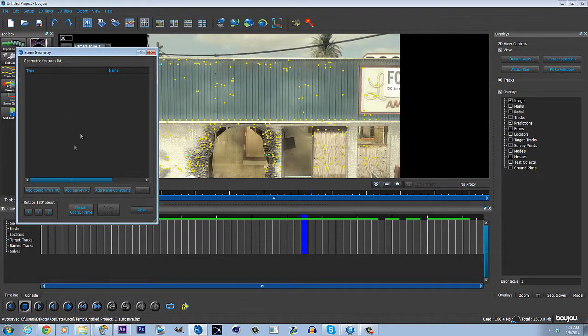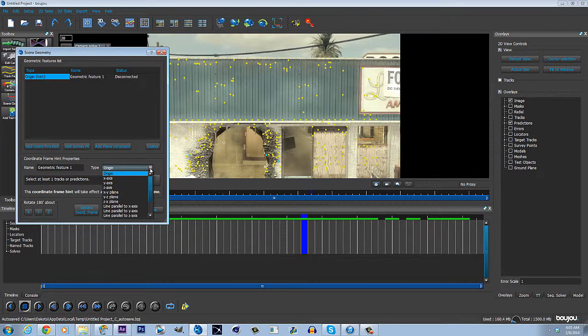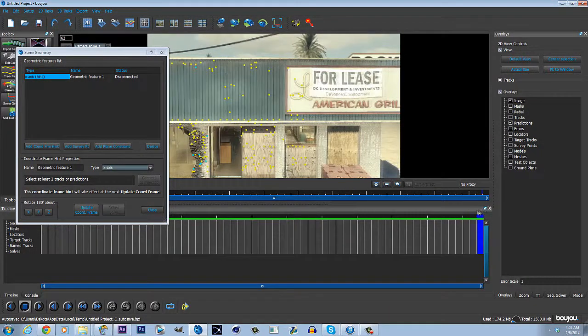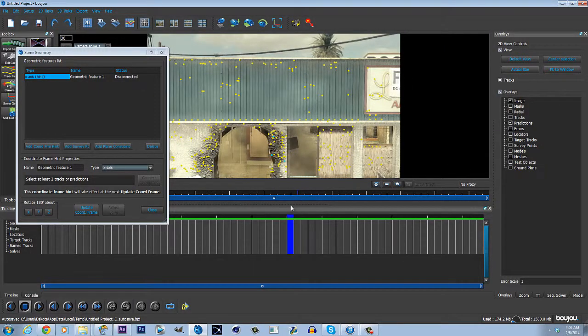So go over to scene geometry, add coordinate from hint, and change it to the x-axis, and pick one that is left to right or right to left. So yeah, pick the x-axis wherever you want your text to be, which is like right here. I want my text to be right here, so I'm gonna pick one below it, which would be right here, and hold Control and click the other point where you want it, and connect to selected,